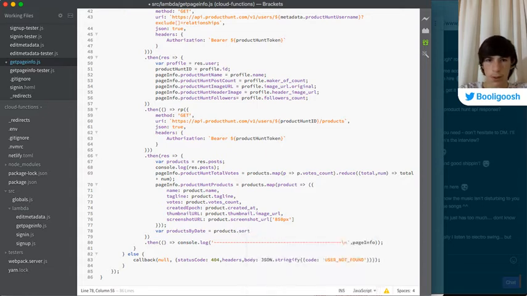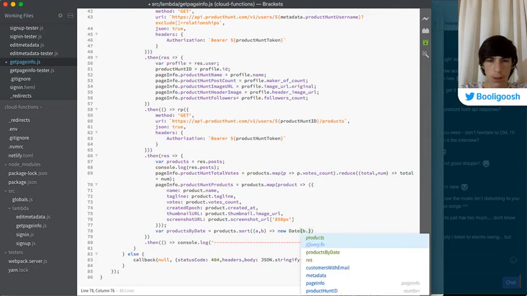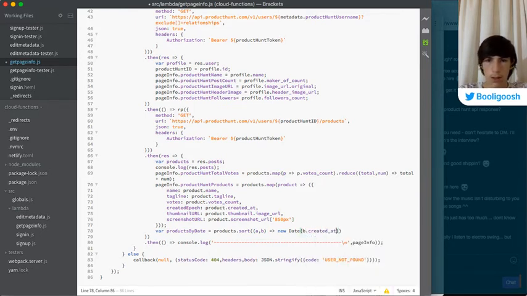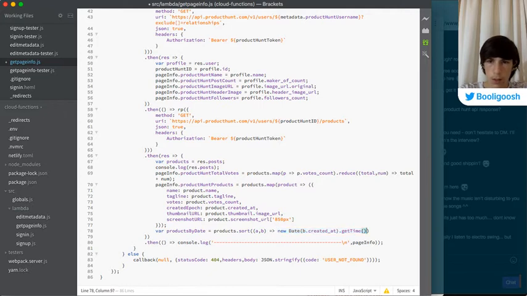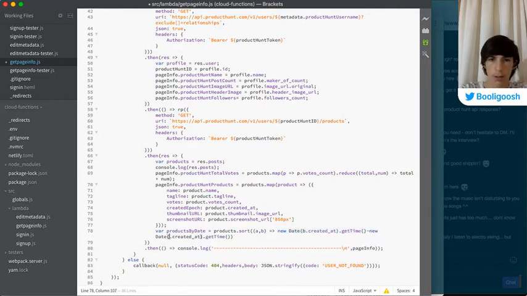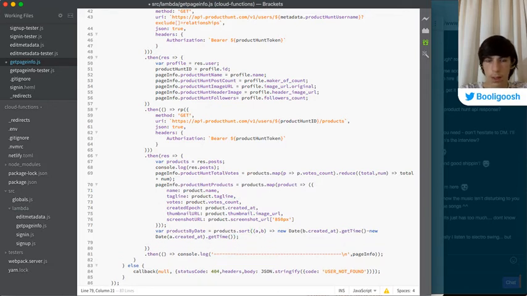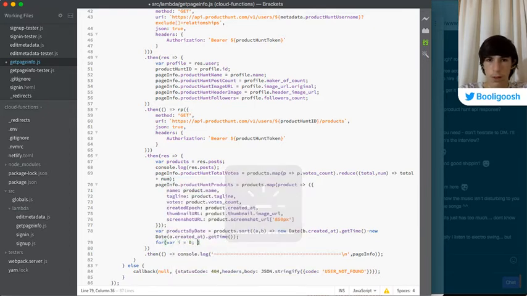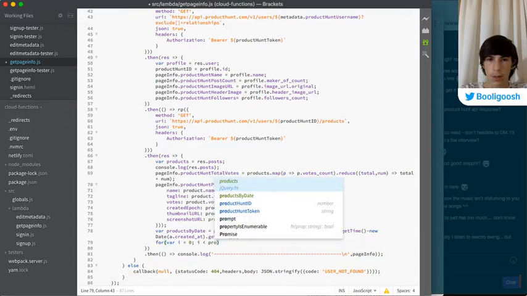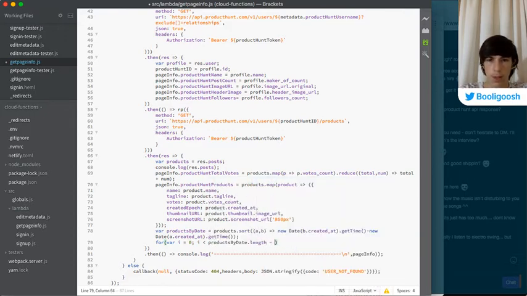Products.sort((a, b) => new Date(b.createdAt).getTime(), then we'll copy this except a.createdAt.getTime(), and we can say for i = 0, i < productsByDate.length - 1, i++.